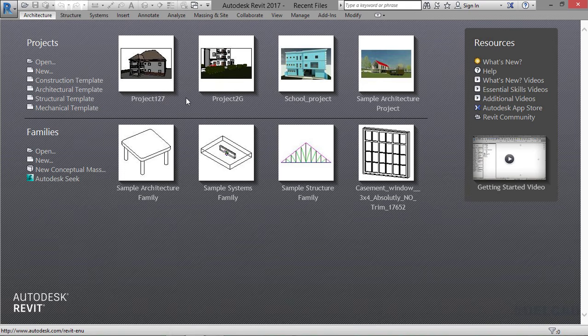Now when you launch Autodesk Revit for the first time, depending on your version, your screen or your canvas is going to look like this, having the model project with options of opening an existing drawing or starting a new drawing, and then having thumbnails of projects which we have worked on. And below here you also have the families project, also giving you an option of starting or opening an existing drawing and then starting a new drawing, also with thumbnails of some sample architectural families, system families and structural families